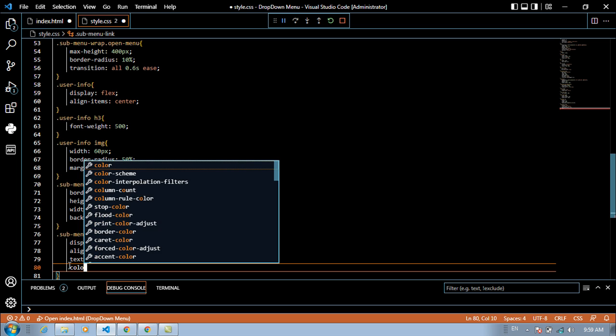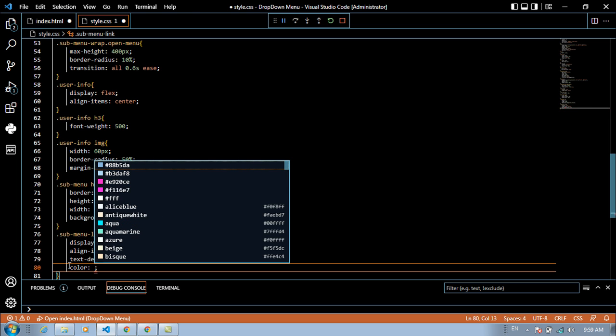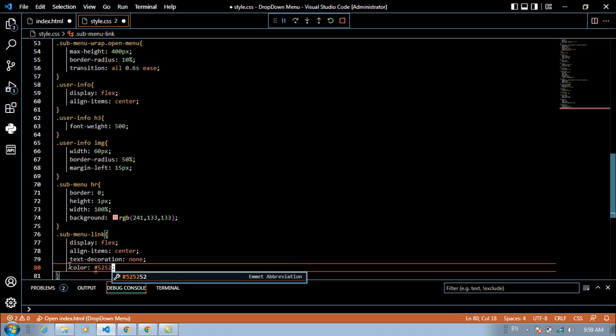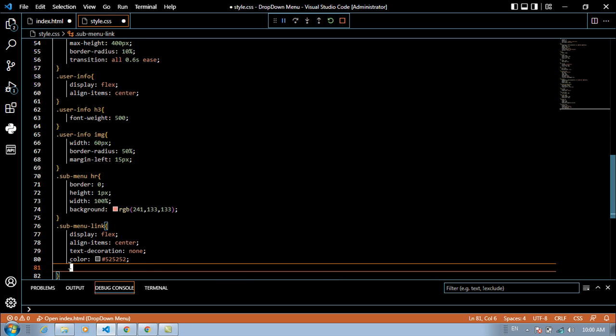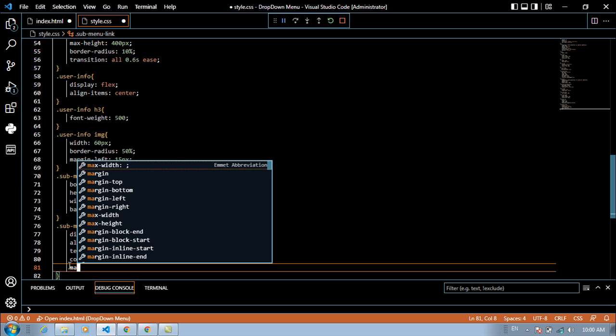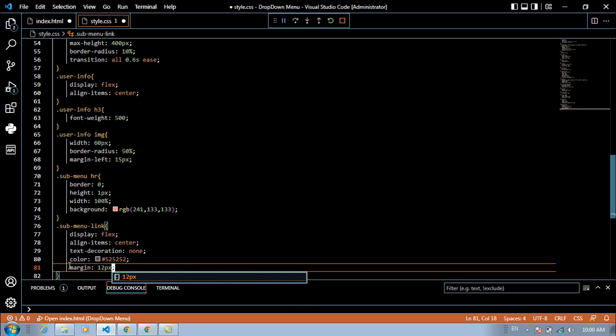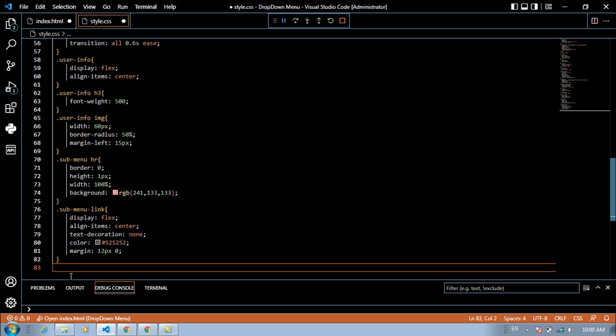Color, for this its colors, you can select this color 525252, and its margin from the top and left. You can select this space 12 pixel from the top and 0 pixel from the bottom of this, and can